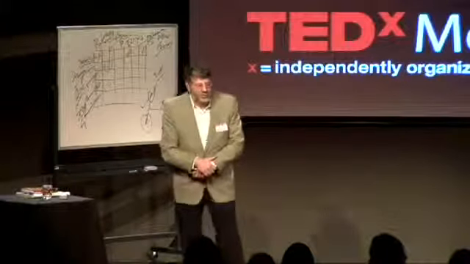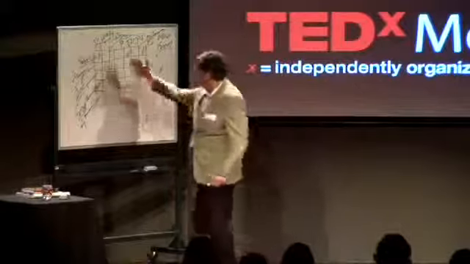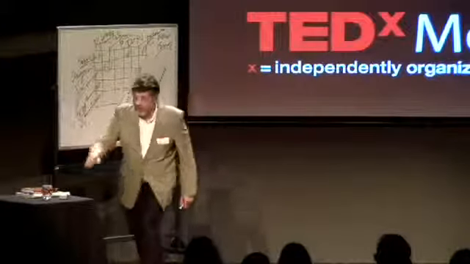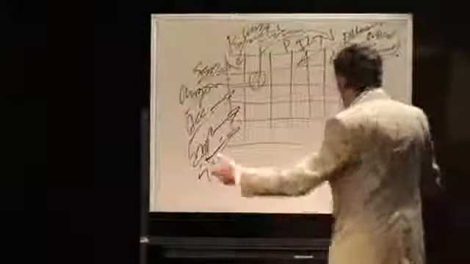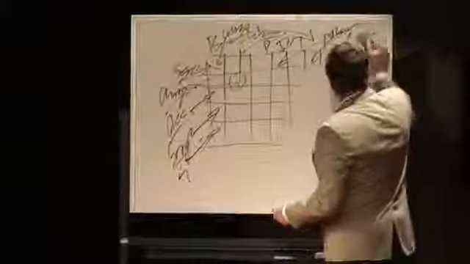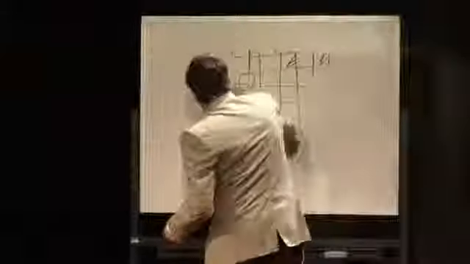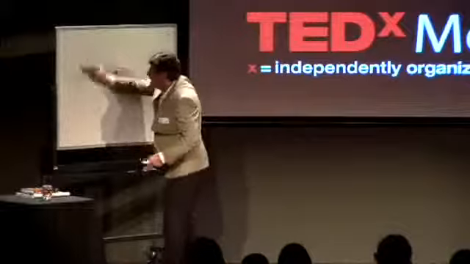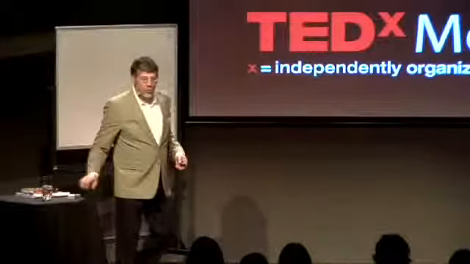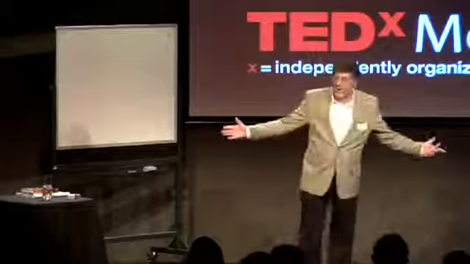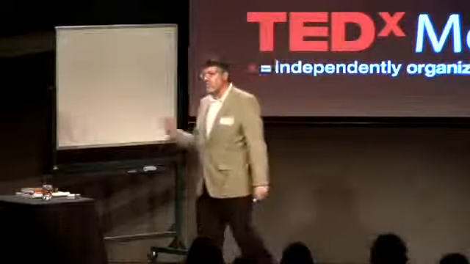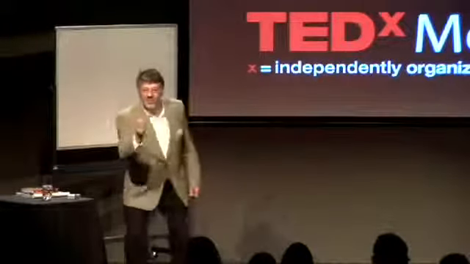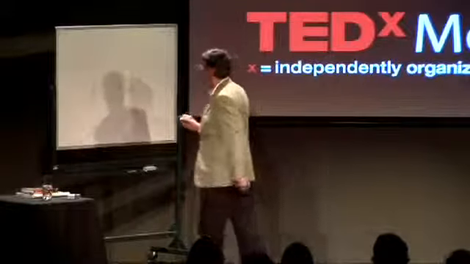This stuff is simple. There are 12 catalysts, 4 seeds for product innovation. I've got a matrix like this for service innovation, for process innovation, and I want to finish on another matrix which I get even more excited about, if you can imagine that. It's called an opportunity matrix. What is an opportunity? Can anyone tell me? Opportunity is defined in the dictionary as a fortunate intersection of events. Well, I don't want my business to be fortunate. I want systems. So I created a thing called an opportunity matrix.